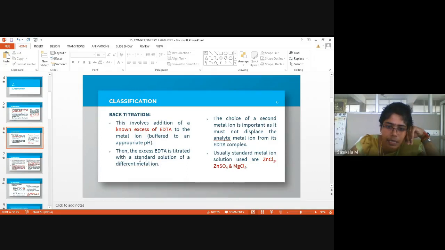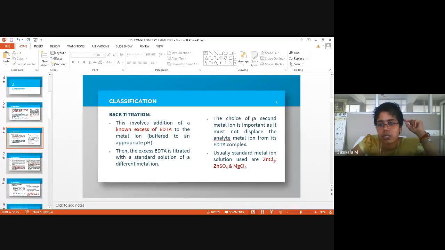Standard metal, this is the second metal. That is a standard solution of known concentration, where the unknown concentration is forming complex with EDTA. Then this excess of EDTA will be titrated with a standard solution of a different metal ion, another metal. Whatever metal we are aiming for will not be taken as the standard. So a standard solution of another metal ion will be taken. There EDTA forms complex, so we can quantify the metal that formed complex with the EDTA. That is the first metal. The first metal will be your analyte of unknown concentration. The second metal will be your titrant, that is of known concentration.